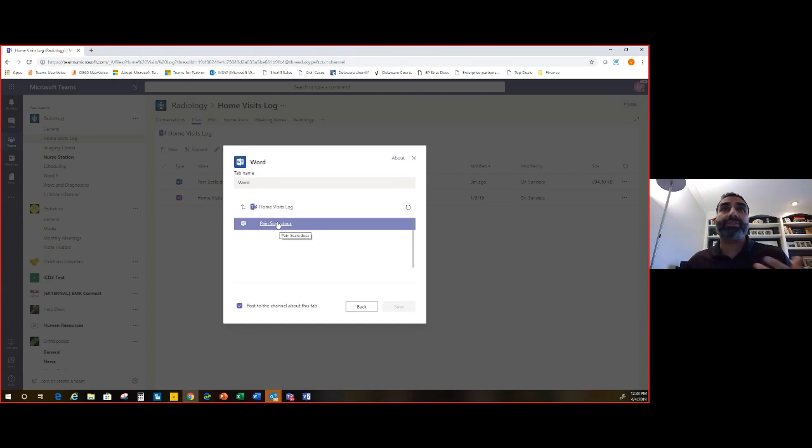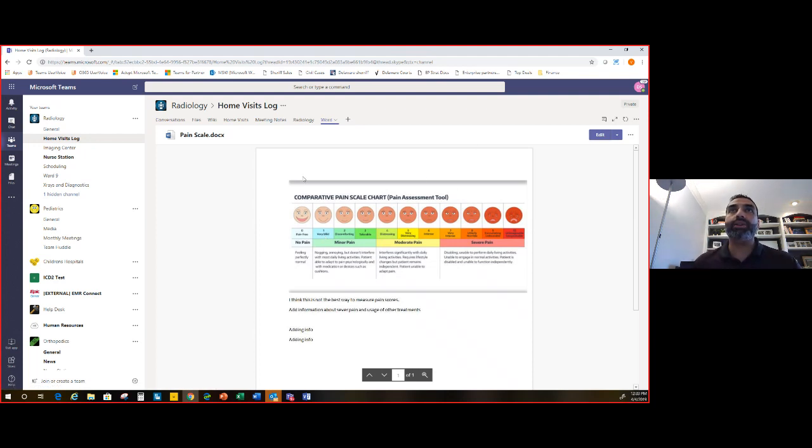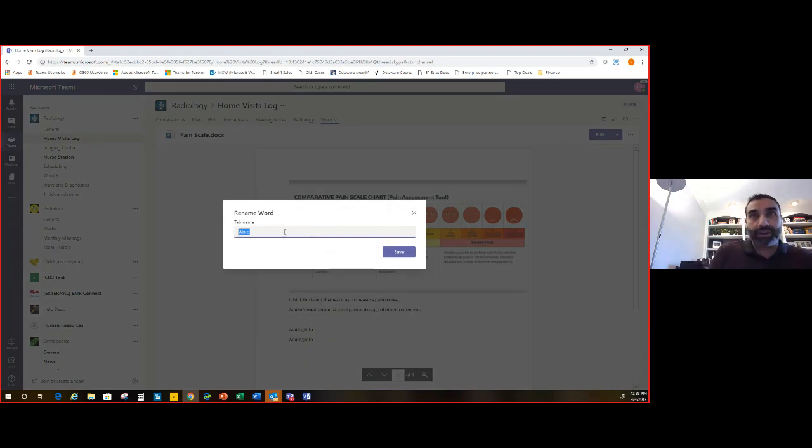You may want that as a document or a file that you post into the team, but you want it to be available for quick reference without having to actually open it up and go in and find it. And so I can actually directly within this tab have this pain scale document posted. And obviously, to make it simpler for people to access it, I can call this the pain scale